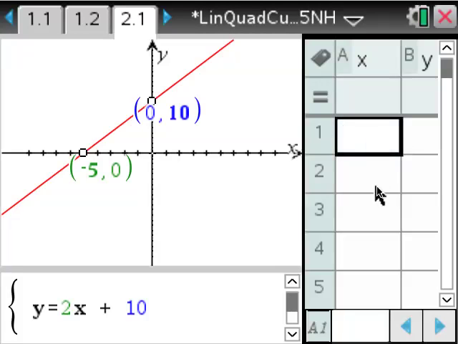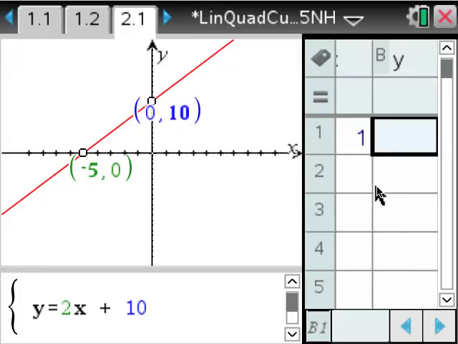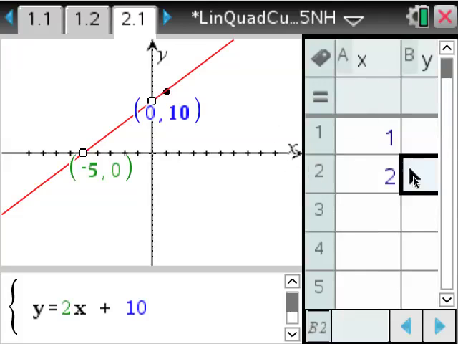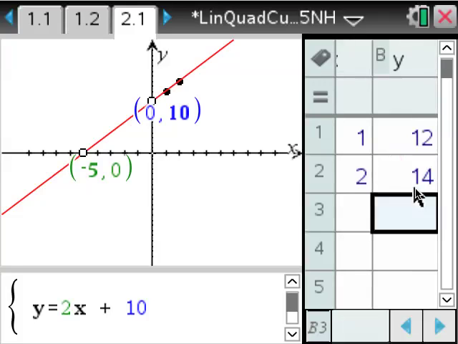On the panel on the right hand side we can type in coordinates of points. So if I happen to think that the point (1, 12) is on this graph, I can just type 1, 12 and a dot turns up on the graph. I could do 2 and then 14. A second point turns up. So students can check to see if they can correctly predict input and output values of their function for whatever's